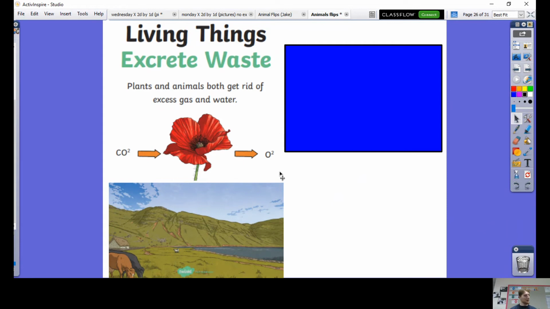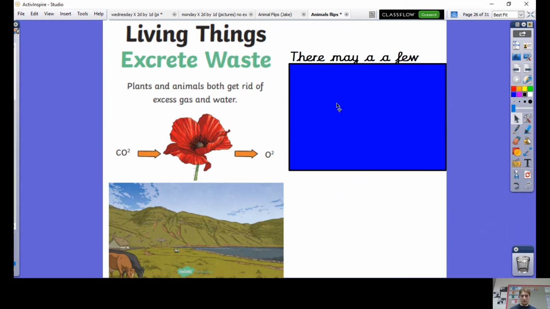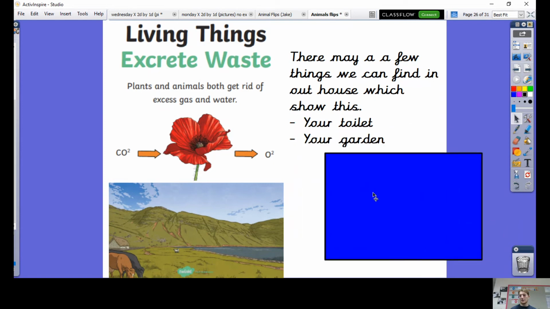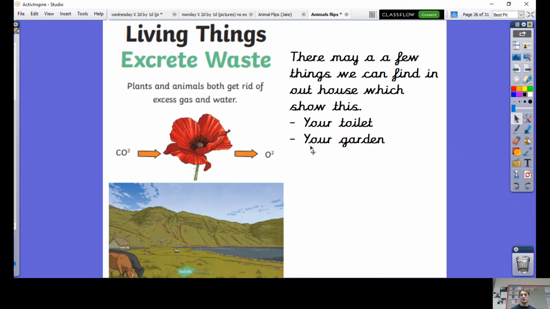Now, for humans, I think we know the ways in which we release waste. And I won't go into too much detail about it because it's obviously a science lesson, but I think we're quite familiar with that one. And I would like a few things. There's a few things that we can check in our house and maybe outside to show that living things have excreted waste. Okay, so firstly, one thing you probably have in your house, I can imagine you have, is a toilet. Okay, you don't have to go find your toilet. You'll just know that your toilet is